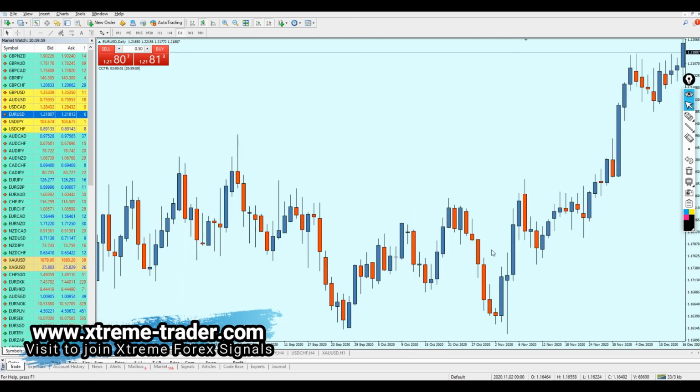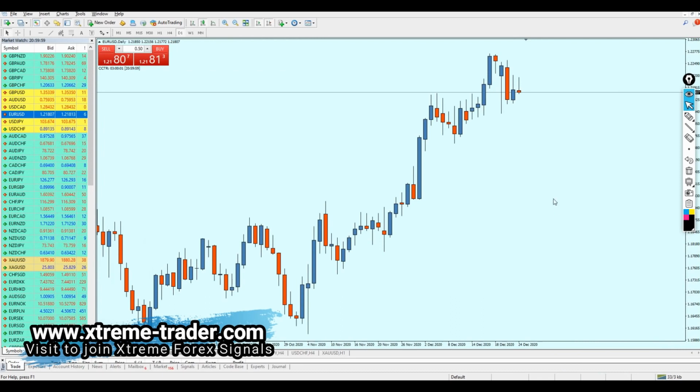Now, let me just tell you something. There is one shape of the breakout candle which I really trust, and after the appearance of that breakout candle, most likely the market is going to shoot up more. It depends. It's going to go in the same direction as the breakout candle. That shape looks like that. For example,